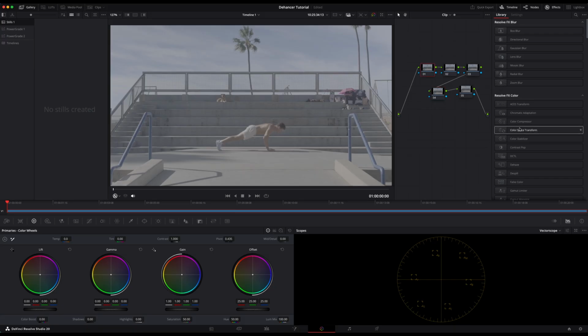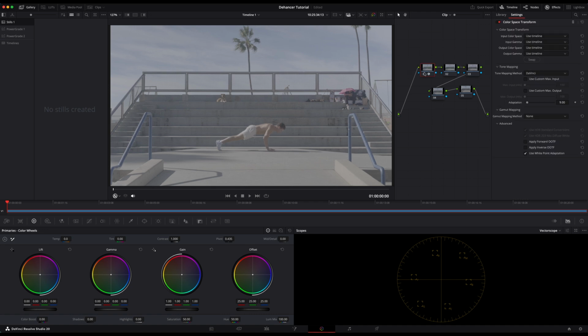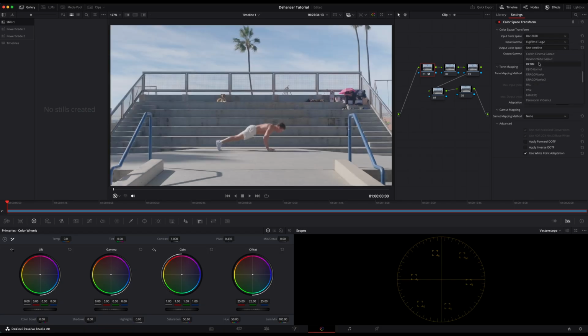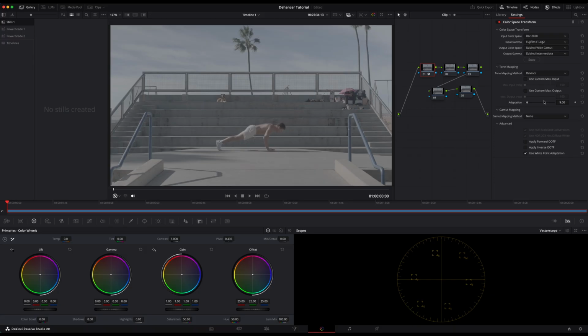On the first node, we're going to drag a color space transform to that node. On the first node, we're going to transform the footage from Fujifilm F-Log2, which is going to be Rec 2020, input gamma, Fujifilm F-Log2, to DaVinci Wide Gamut and DaVinci Intermediate. The reason I do this is because DaVinci Wide Gamut gives me a much larger color space to work